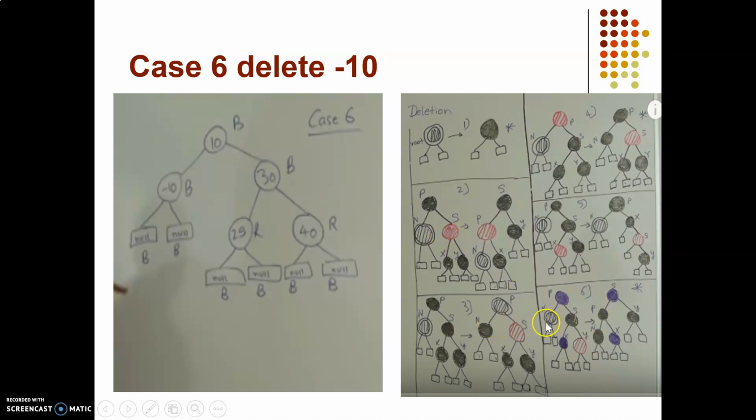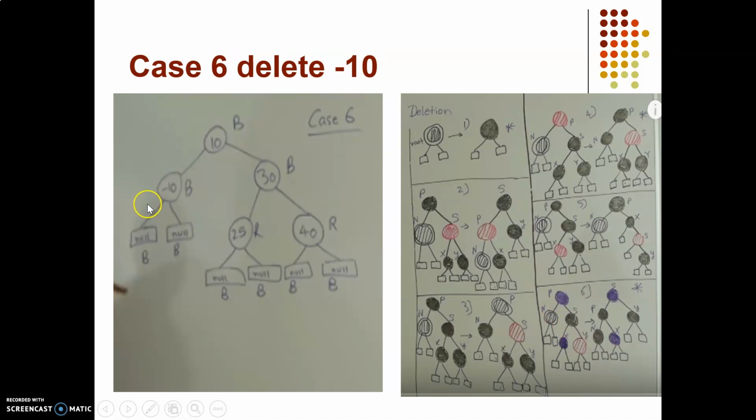Let us see this. A double black node, irrespective of what color it is having, let it be. This is black, this is black. This must be red, so this is red, and this can be of any color according to this rule. So we need to do rotation in this particular case. How is the rotation done? P will come down, N will come down. So this is a rotation that brings P down and takes S up.